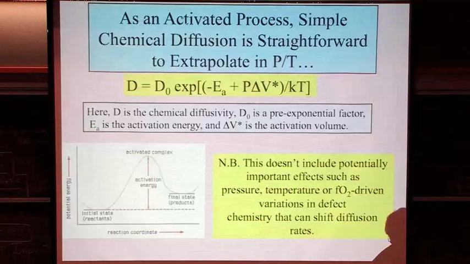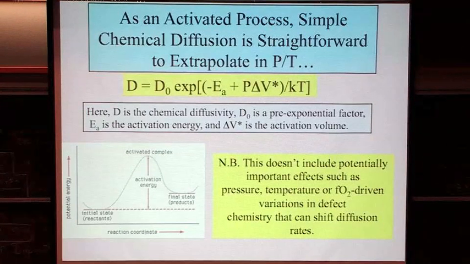So, just to remind you of what's going on here, chemical diffusion is actually, if you know the defect chemistry and you know the oxygen fugacity, it's actually pretty simple to extrapolate in pressure and temperature. It's an exponential function. There's an activation energy and activation volume. It is pretty simple extrapolative means. This is very venerable for simple systems. For semiconductors, this works fabulously. What this activation energy simply is that you're moving something to somewhere else, and it takes some activation energy barrier to get from one place to another.